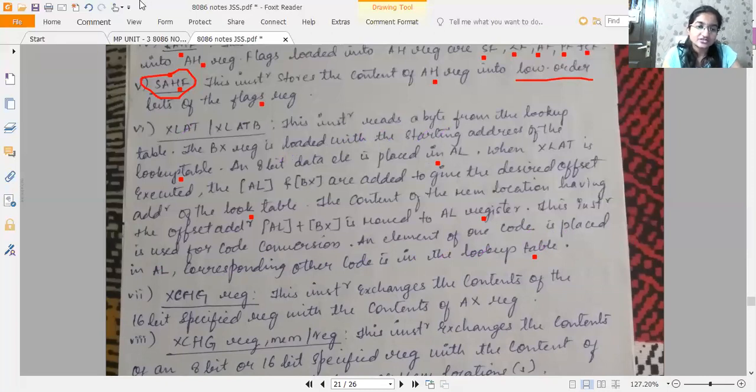So after execution of XLAT, the contents of BX and AL are added. After adding AL and BX content, that will be used as the desired offset address. Okay, desired offset address of what? Of the output which will be generated. All right. So that you should remember with respect to XLAT and XLATB.